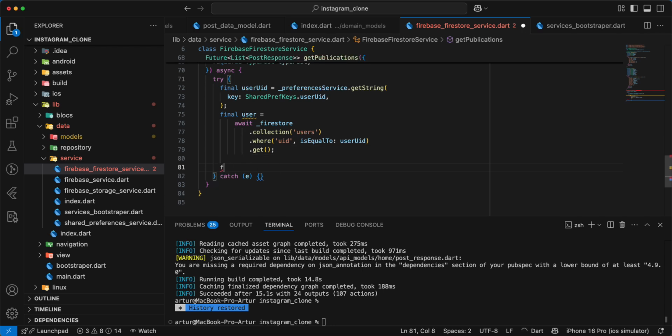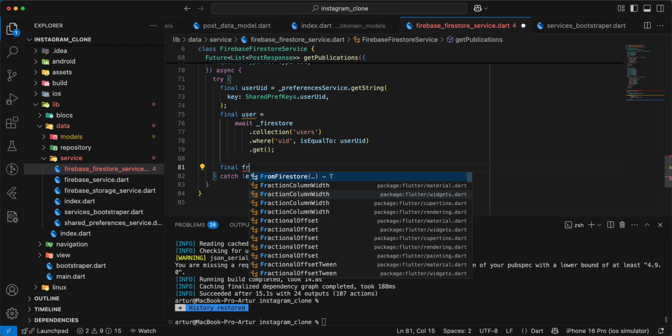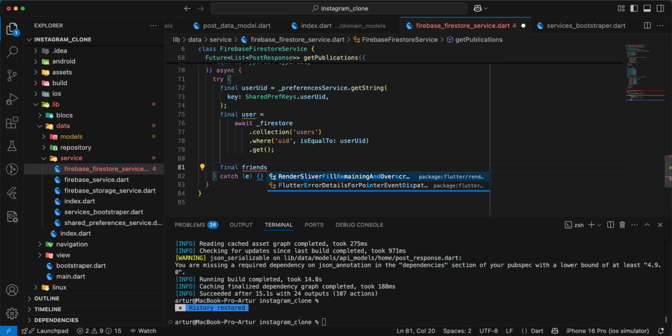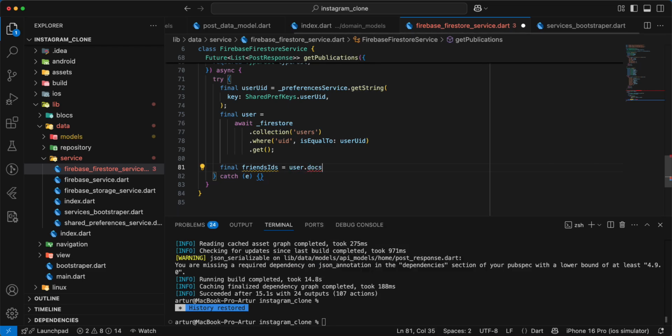Then we add variable final friend, and we write friends IDs, write user dot docs dot first,